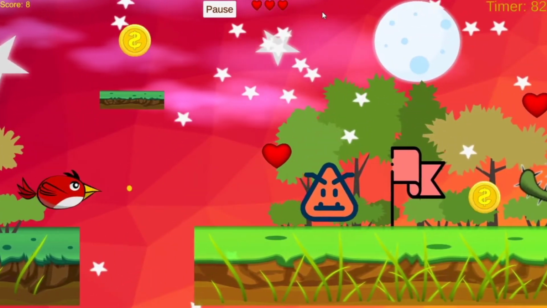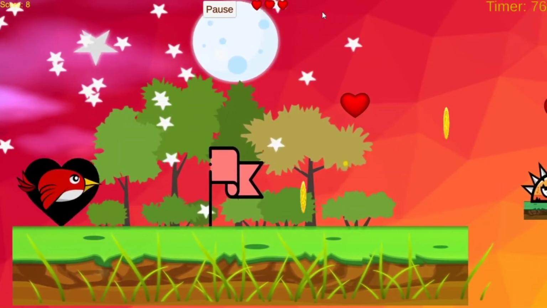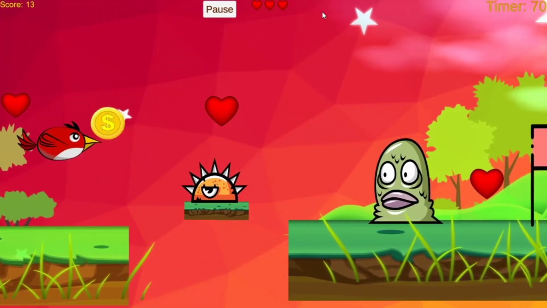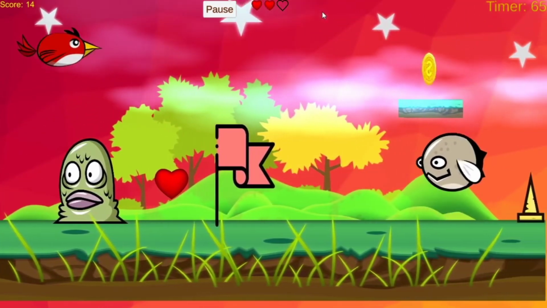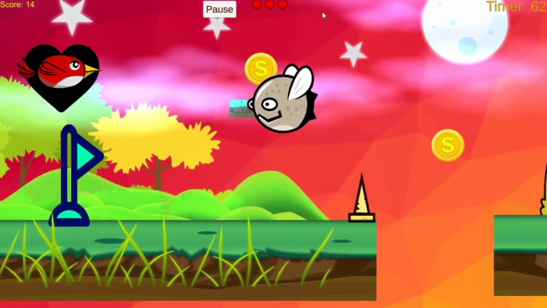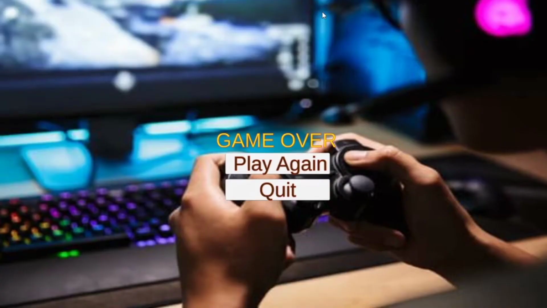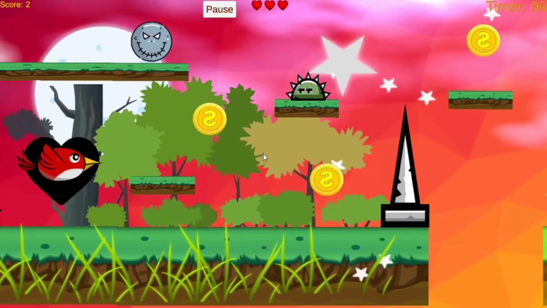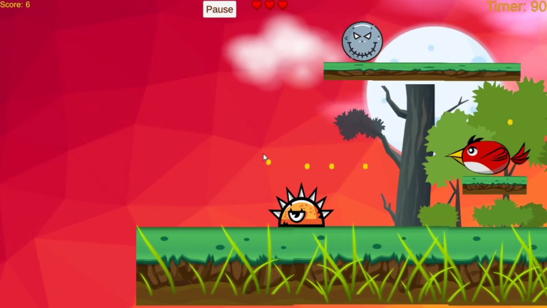I want to destroy this enemy. I'm unable to destroy it at first. Yes, I did, so it's working fine. The timer is also working fine. The score is increasing, and I'm collecting my life. I'm losing my life, and checkpoints are working clearly, and bullets too, left bullets and right bullets. Again, three lives lost, and you can play again, and it's working perfectly, right? Make bullets and left bullets, yes, it's working.